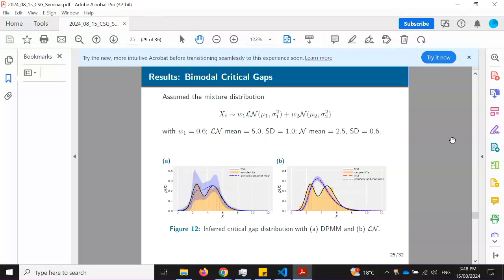Is there any evidence of bimodality in the actual data? I haven't actually looked at the critical gaps, but I suppose part of the issue is that you don't know what the critical gaps really are, and therefore you're trying to do the inference on those. I didn't really have the courage to run this sort of non-parametric stuff for real data. I do not believe that the data that we have is enough for that. My assumption would have been that it would be... Yeah, unless you're doing it at 11 o'clock on Friday night.